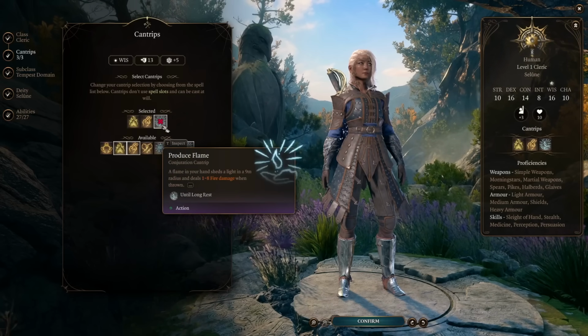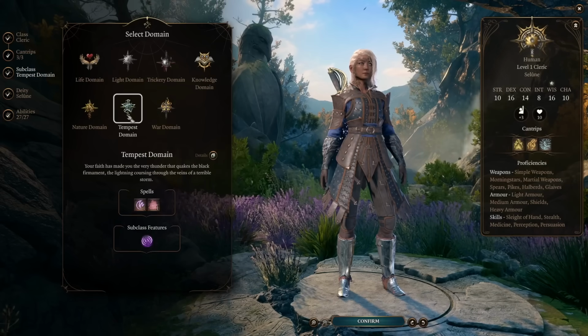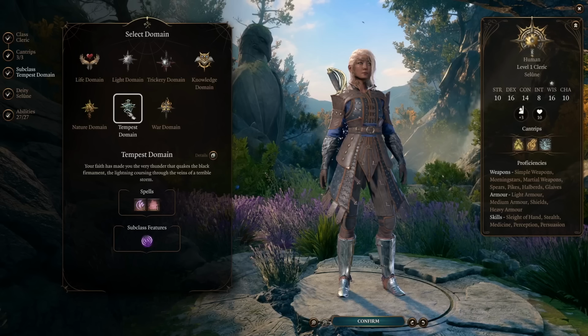You're not going to use them very often, but those are the ones I like, and Guidance is one of those ones that if you can pick it, you should pick it because it's super handy. For our subclass, we are going to pick the Tempest domain, and we're going to pick this for many reasons, one of which is it's what the build is centered around, and two of which is it gives us access to all